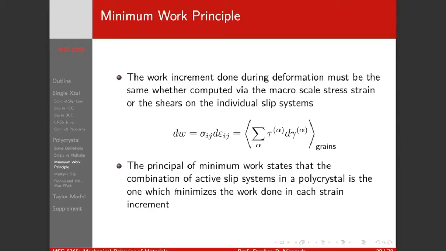So what the principle of minimum work says is that the combination of the active slip systems in each grain in the polycrystal is going to be the one that minimizes the work done in the strain increment. I'm fixing my deformation, my deformation is fixed, and the combination of slip systems that are going to be active is going to be the one that minimizes the work done